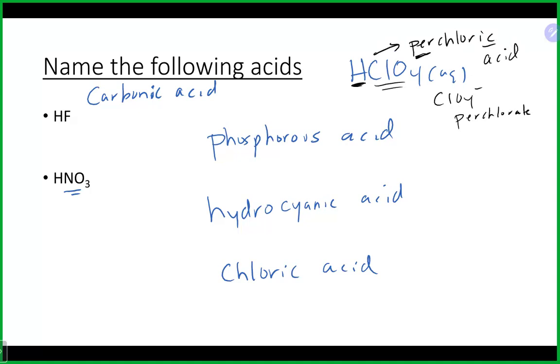Now, if you have the name like we do here in these examples, you could get a lot from the name to sort of help you out, maybe figure out what the formula is. The good news is if it is an acid, you already know that the cation or positive guy is H plus. So really all you have to figure out is the negative guy and then put it together to equal 0, basically. So if I look at this name here, carbonic acid, the first thing I see is